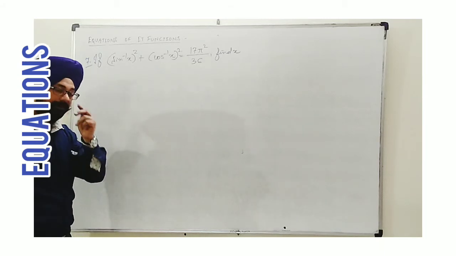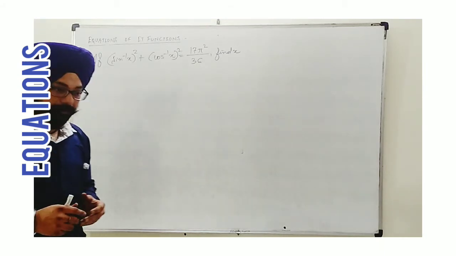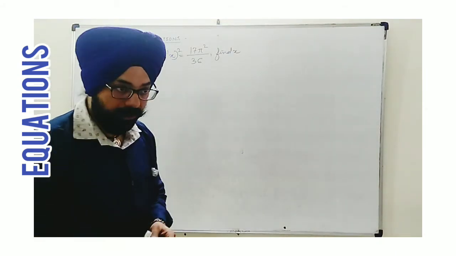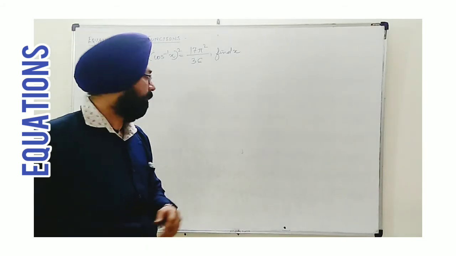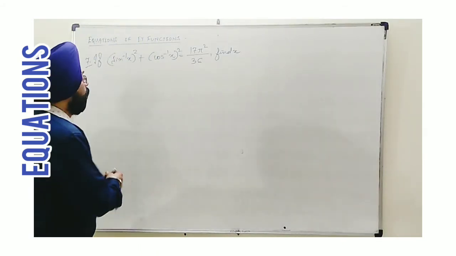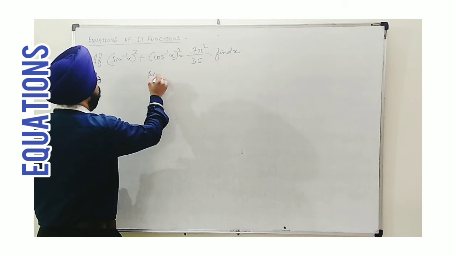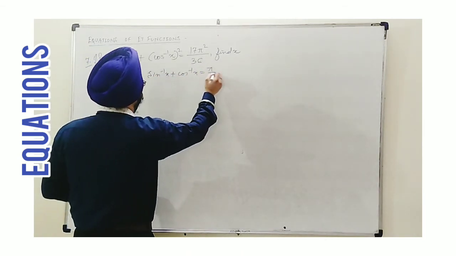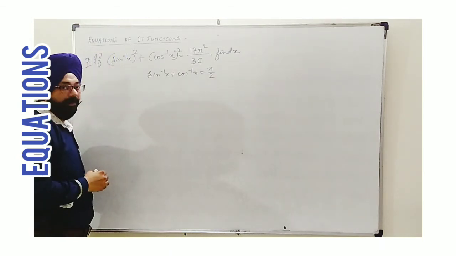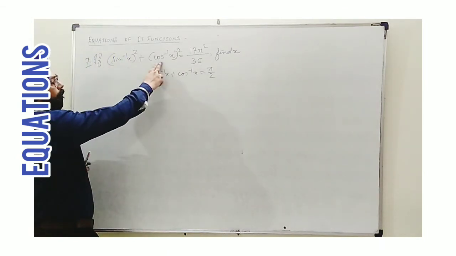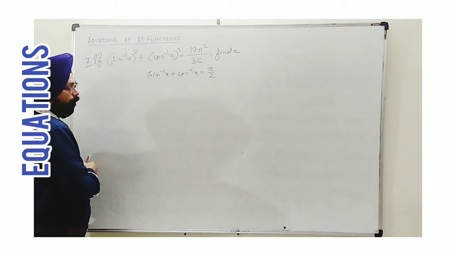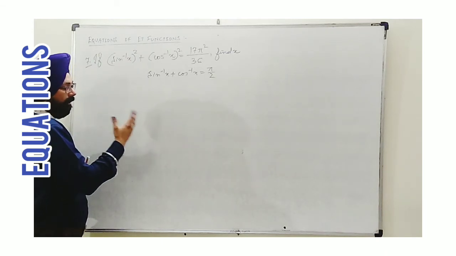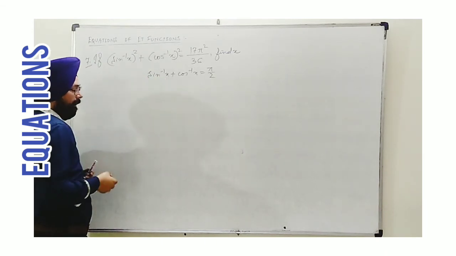Complementary angle relation means, if you remember in the basics I explained it, sin(90 minus theta) is cos theta and cos(90 minus theta) is sin theta. We know that sin inverse x plus cos inverse x is equal to pi by 2 by complementary angle relation. You can see these two functions only are used in the relation. So such an equation is based on this identity.